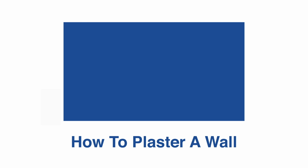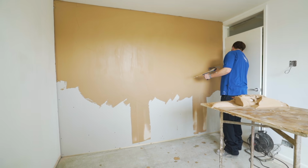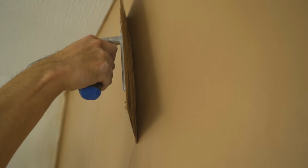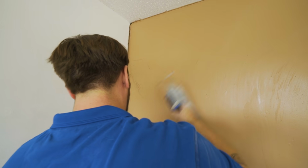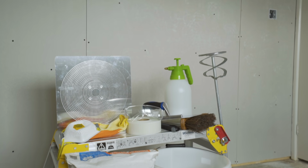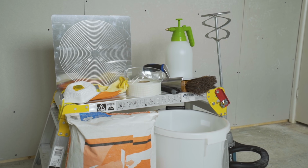How to plaster a wall. Although it can look intimidating, with some practice and an organised methodical approach, plastering a wall is a realistic goal for any DIY enthusiast. You'll find a full list of tools and materials you'll need at the end of this